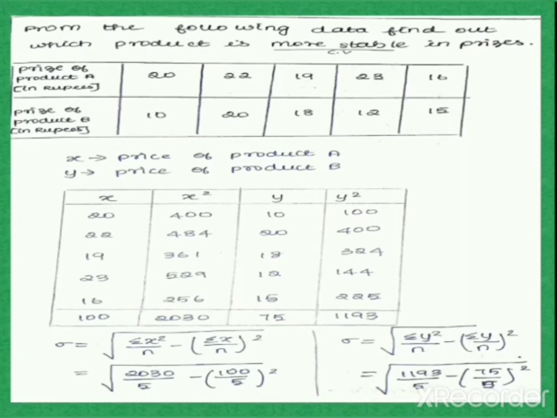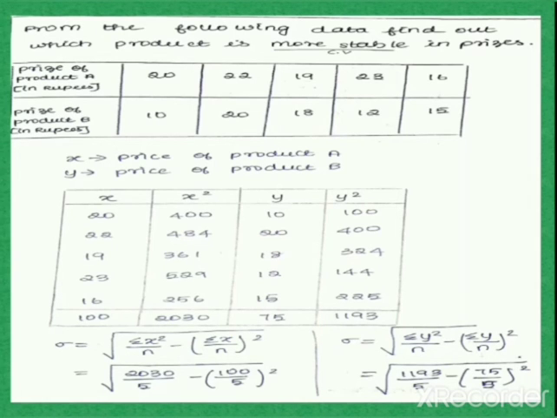1193. Now you have to substitute all these values into the formula. We have to find two standard deviations, because two sets of raw data are given in our question. Let us find first sigma equal to root of summation x square by n minus summation x by n the whole square, using our x values. Here summation x square is 2030 divided by n. The number of given items is 5.